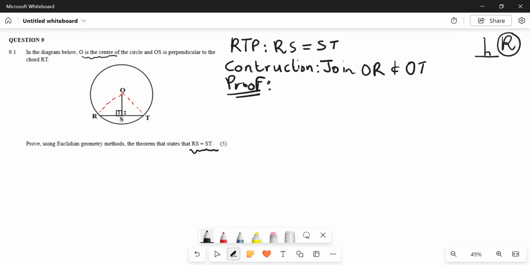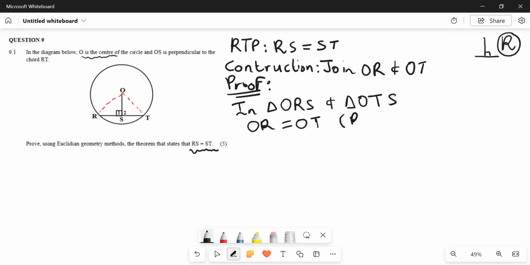So on our proof, we need to say, okay, in triangle ORS and triangle OTS, right? OR is equals to OT. The reason,